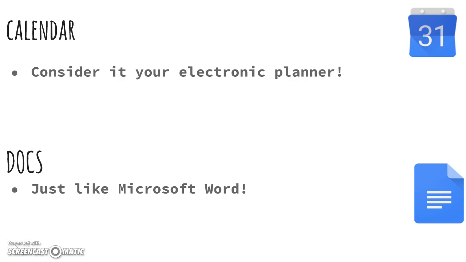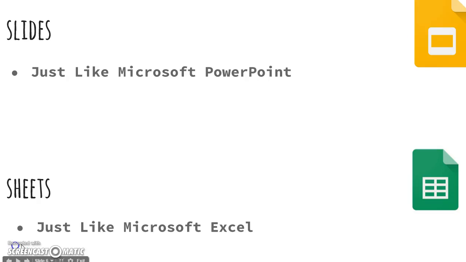A second application is Google Docs. Google Docs functions just like Microsoft Word. What I mean by that is if you open up Google Docs, it's going to look like Microsoft Word. You can type and edit just like you would in Microsoft Word. And what's really nice is if you create a document starting in Microsoft Word and decide later to upload it to Google Drive, it'll convert into Google Docs. If you want to bring that document down off of your drive and back into Word, it works perfectly. They're very interchangeable, which makes life so easy.